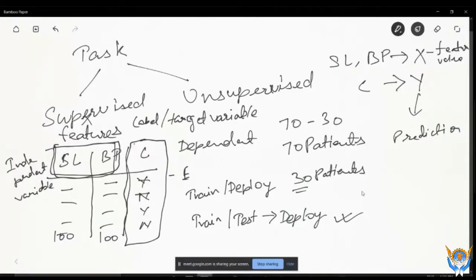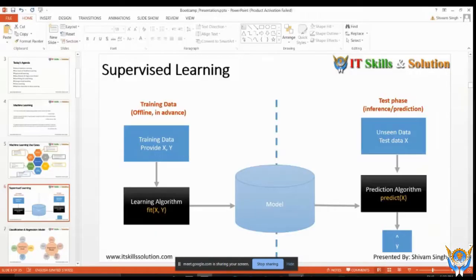You just need to put this x and y in this learning algorithm. Then after fitting this x and y in this learning algorithm, you build this kind of a model. Okay, so you build one model, and then there is 30% of data which is unseen.